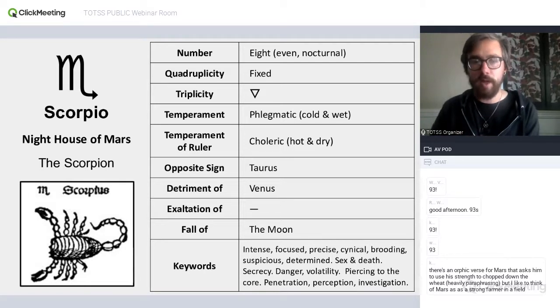This is definitely not a negative thing. There can be a difficulty related to it, but it can also be a really excellent quality. Yeah, and penetration, perception, and investigation. That sense of a focused penetrating to the depths of something or to the heart of something, I think that's a nice way of accessing Scorpio's qualities.